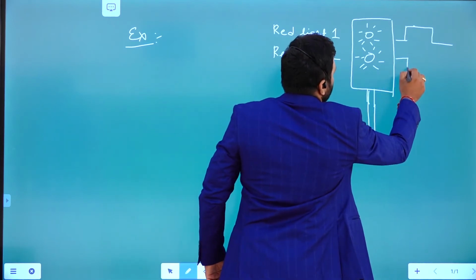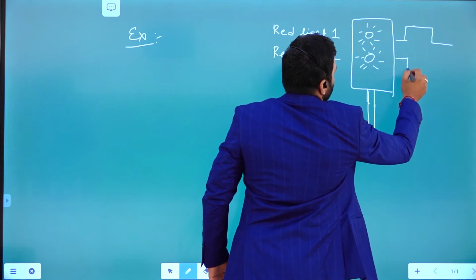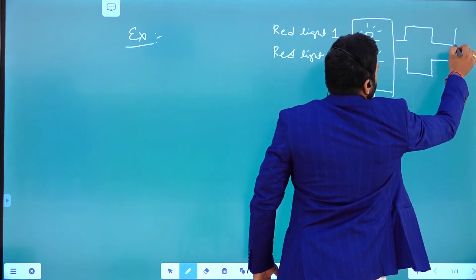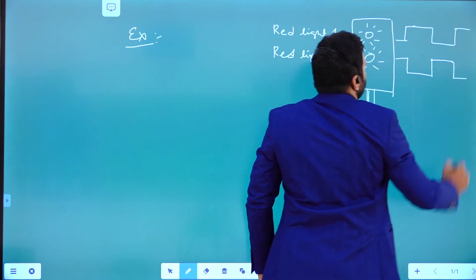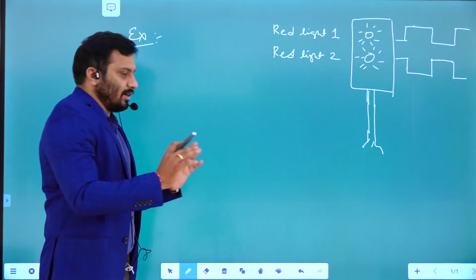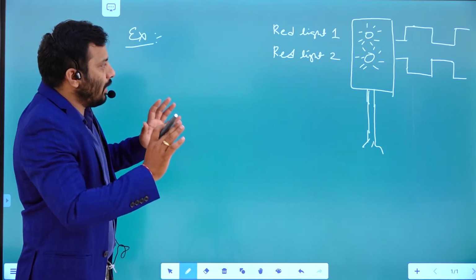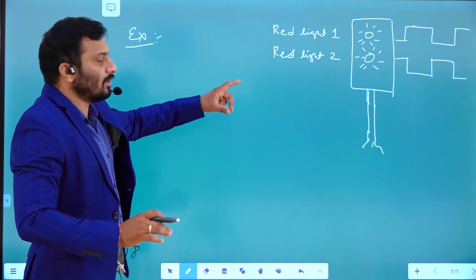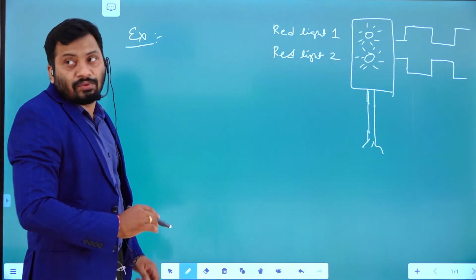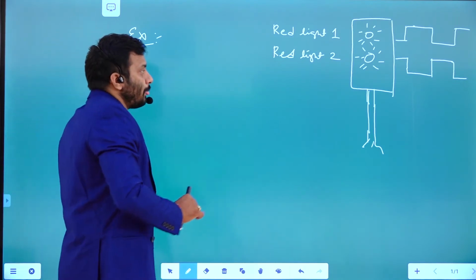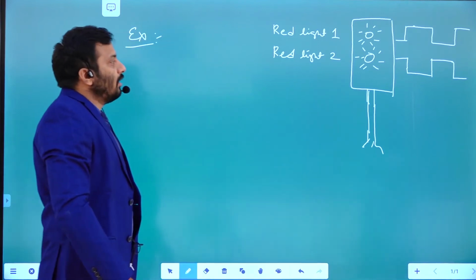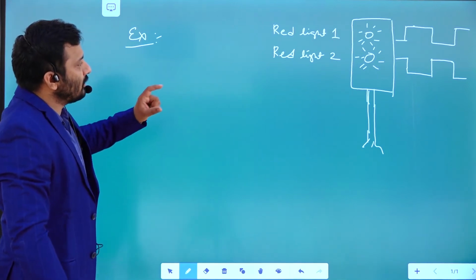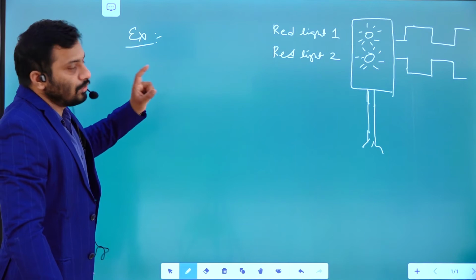And if this one is in the off position, the other should be in the on position. So alternately, to indicate that some process is happening over there. For that, the application control should be like this. For that we can write a PLC program logic for this particular application. Before writing the logic for this application, you need to connect these sensors and actuators to the PLC module.